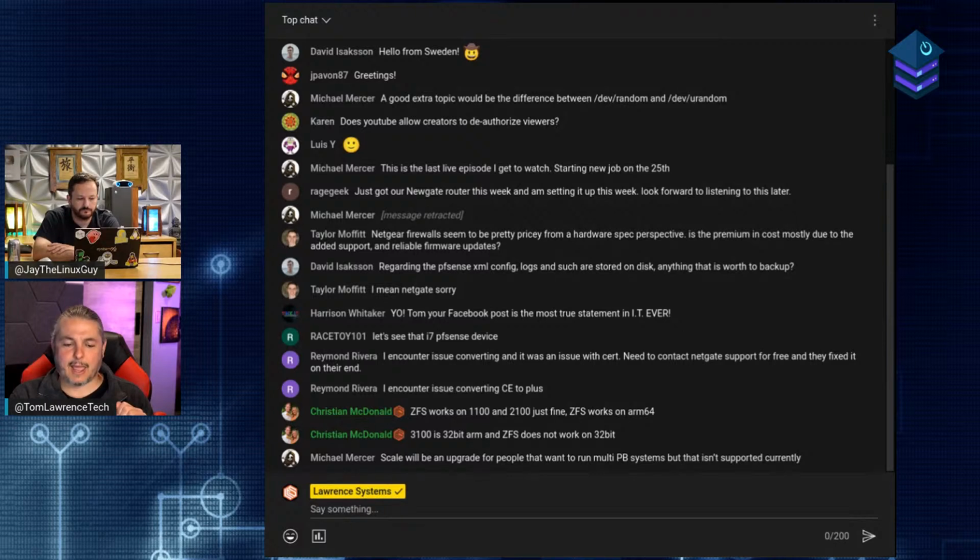Now, people said, hey, 13's out, but 13 says not enterprise supported. And I'm like, yeah, it's not enterprise supported. And people are like, well, does that mean it's not out of beta? And I'm like, no, it's out of beta. It says community supported. And this is both for TrueNAS, just overall how they're doing their life cycles now, whether it's Scale or Core. When they do the release to a major version number, they kind of let you know it's release, general use, suitable for less complex deployments, as in not necessarily enterprise space.